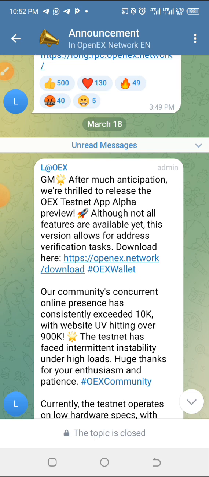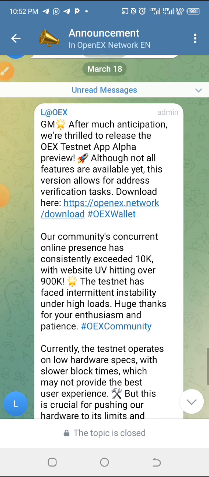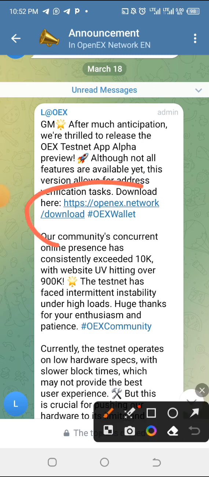All right, so now they've made it quite easier to link your wallet. If you have done the first task before, which was released about a week or two ago, all you need to do is follow up on this particular update. Either you go to their Telegram channel right now, or you just go to your web browser and type Openex. This particular website is what you're logging into,